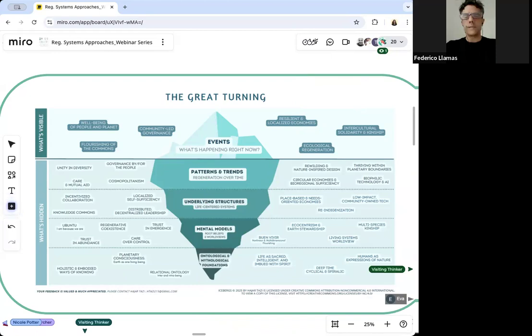I think we think in a way that it's either-or, from the ideas right now to the new ideas that you're proposing. And especially in the mental models, it has to do with more ontological and mythological foundations.